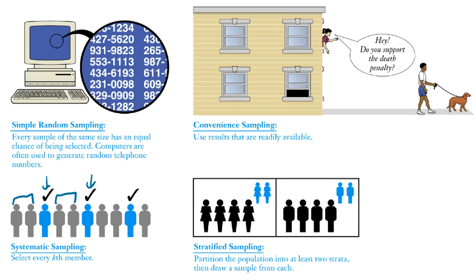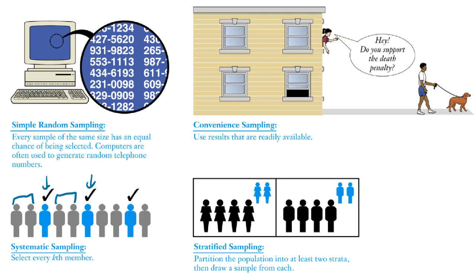Or stratified sampling. So for stratified sampling, just means that you partition the population into at least two strata and then draw a sample from each. So split them up into, say, boys and girls. Right? Now, no matter what